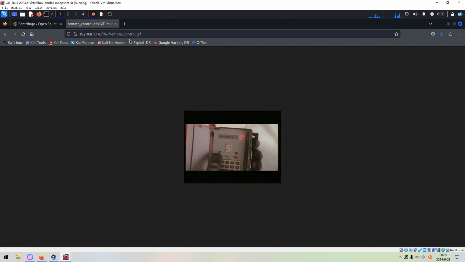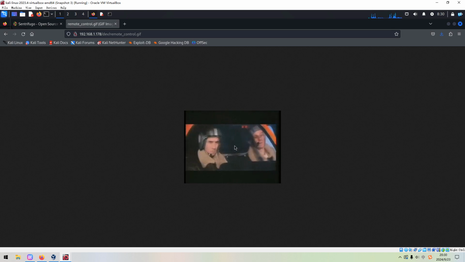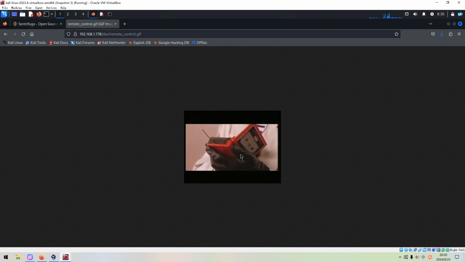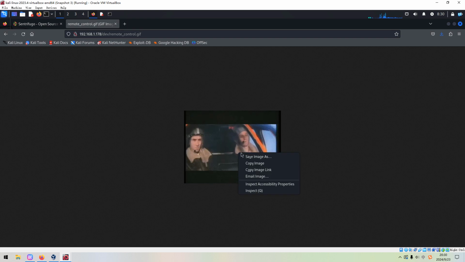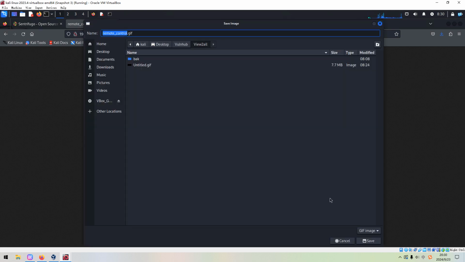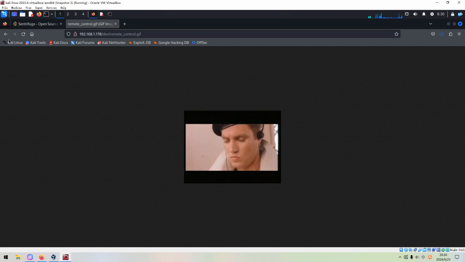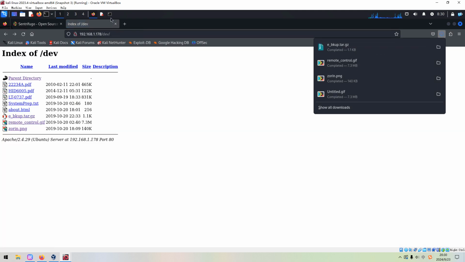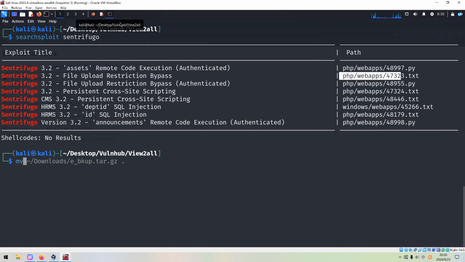So this is the remote control, and there's something helicopter. It looks like this is the trigger, right? Trigger explosive. Interesting. And also we can save the image to our working directory.